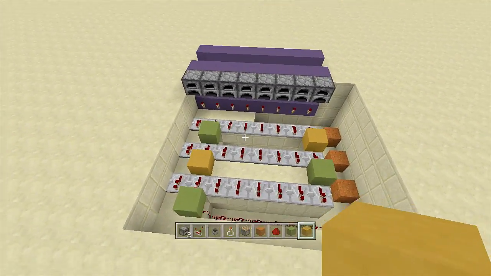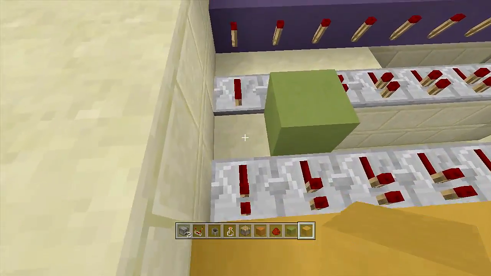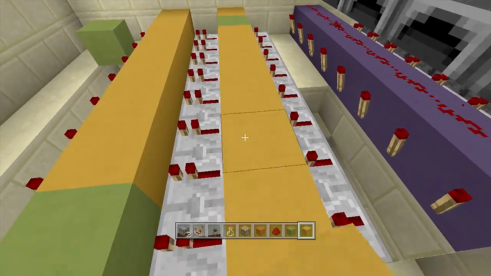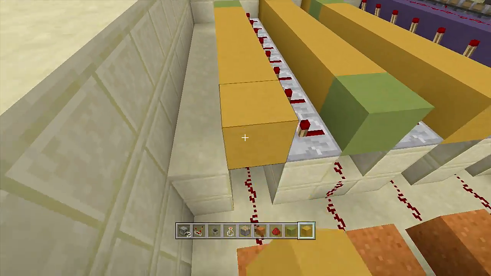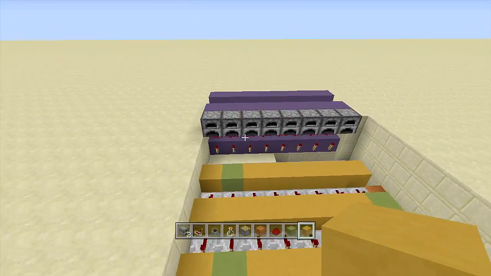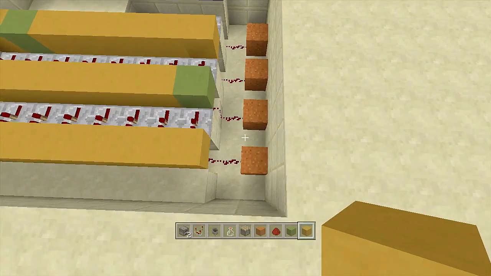And now what I want you to do is, now that we have all our combinations in, we're going to actually fill in the rest of our blocks in front of every single one of these repeaters. I just kept the green blocks there so we know exactly what our combinations are, and we're just going to bring this all the way down like this, and place another one right here just like that. So now every single one should activate all the way down to this end,